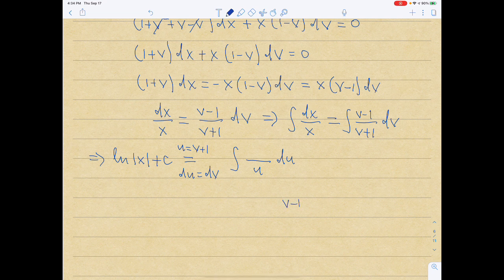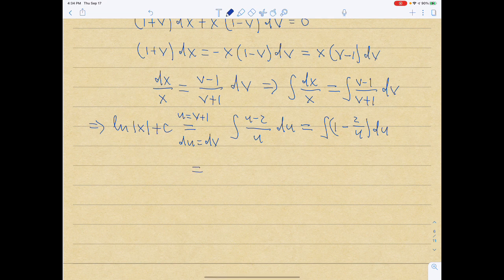V minus 1 I can write as v plus 1 minus 2, and v plus 1 is u, so this is u minus 2. So u minus 2 goes on the top. And so what's left now, if I divide by u, is the integral of (1 minus 2 over u) du,